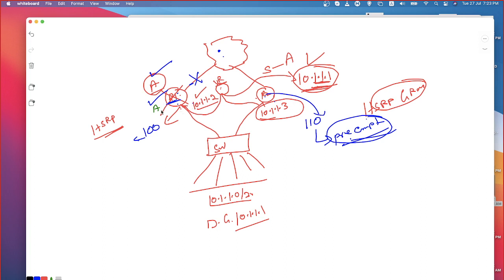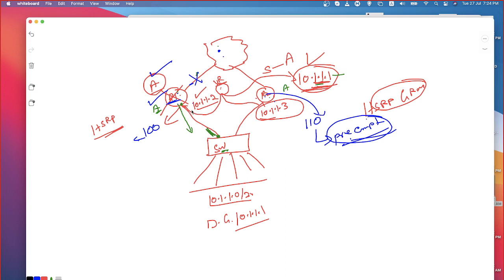Now see, as long as this guy is active, he was responding for 10.1.1.1, and he would have replied from here. Then the MAC address would have been learned by this switch, from this port. Because of that, switch 1 would have mapped the MAC address of 10.1.1.1 to this port. Now router 2 has taken the role of active because of the unavailability, or the link failure, or the reachability. What will happen? The switch's MAC address table still will be pointing to the same port to reach 10.1.1.1, or that particular MAC address.